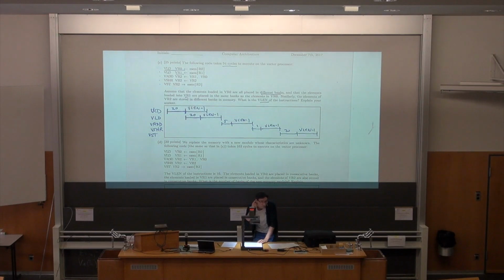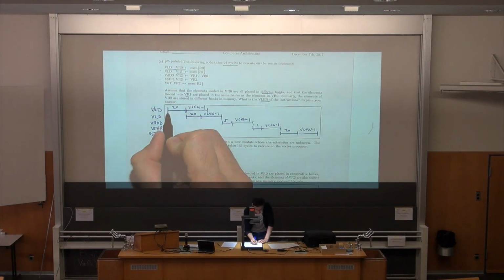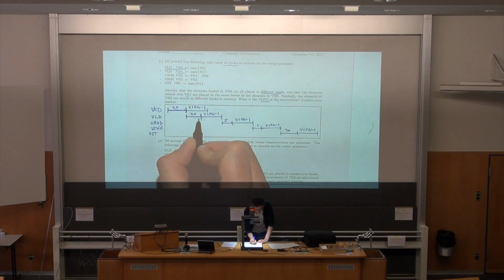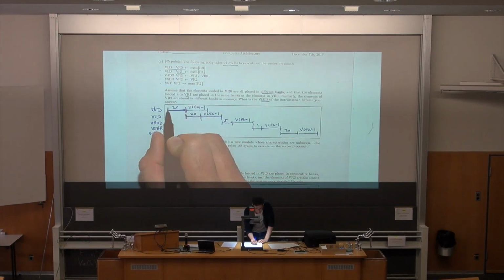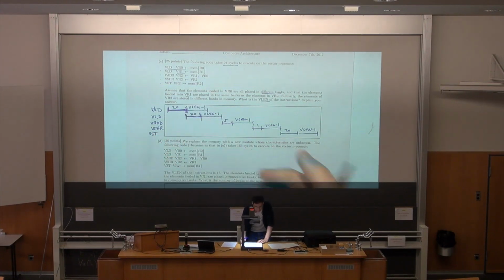Yes? Is it written somewhere that the memory is multi-ported, or why can you overlap the loads? Yeah, this is because we are assuming that there is 1 address generator in each bank. So as soon as the first bank, bank 0, is free, has completed this access, we can start the next access. And it could also be that the VLEN is large enough that the first bank is needed again for the first